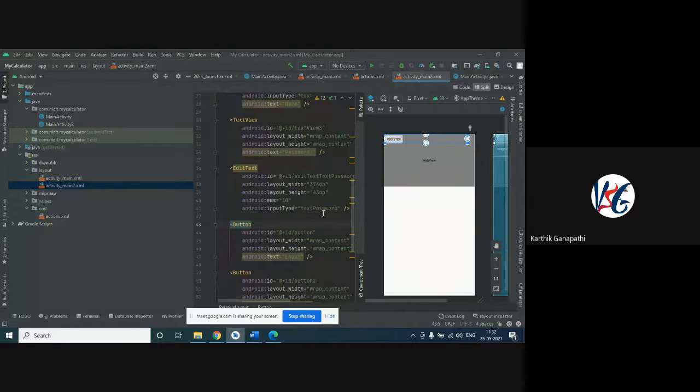Okay, but in reality, what we used to do is provide the exact relationship between each and every component. For example, I can say the edit text is going to be placed below or above the button. So obviously the relationship is going to be something like the button is below or above.